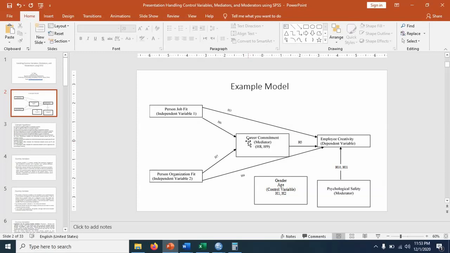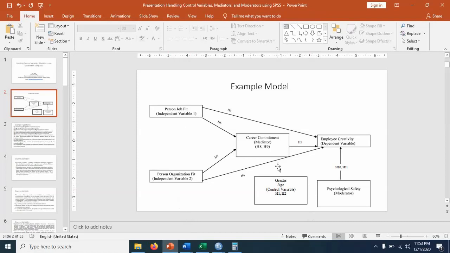We conducted hierarchical regression where employee creativity was the dependent variable, career commitment was independent, and in block 2 we put person job fit and person organization fit together. Remember I told you that this is steps 3 and 4 of mediation, we do it together.